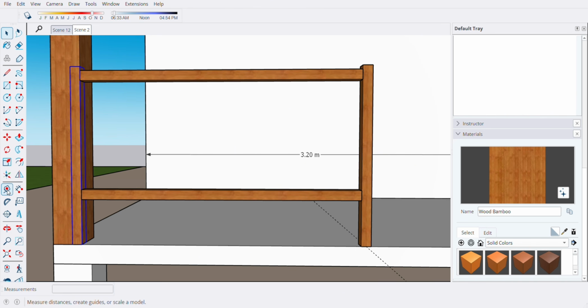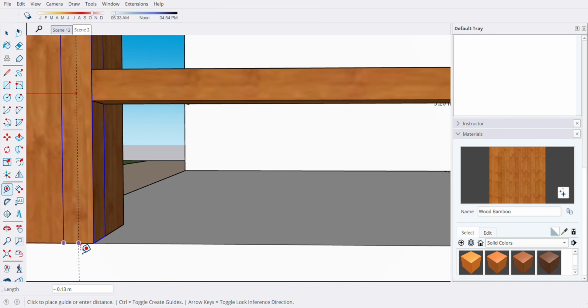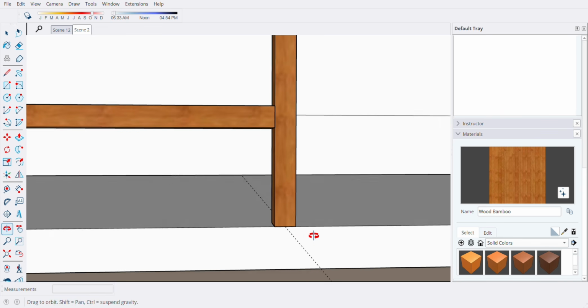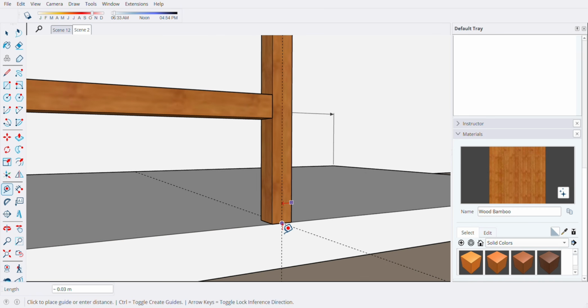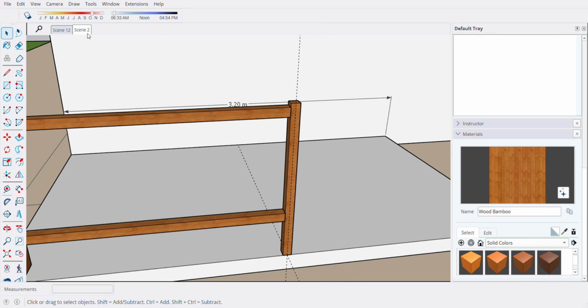Yes, and from that object, we need to make a reference point, which is 1/2. We will locate the 1/2 of this object, and also with this one we will locate the 1/2.